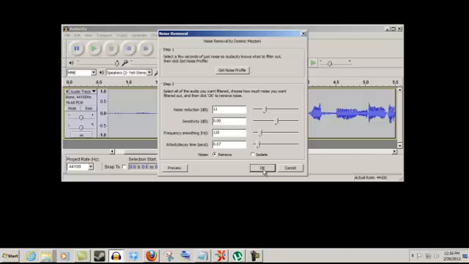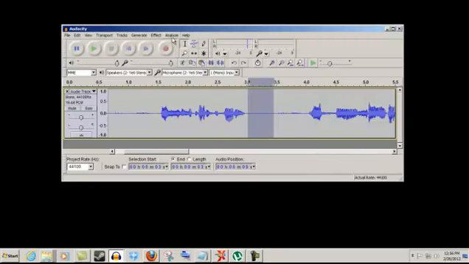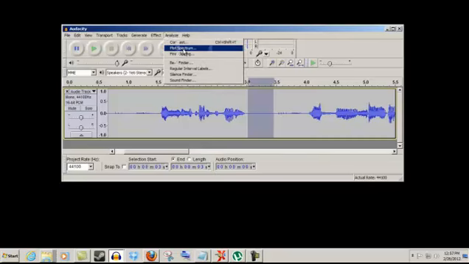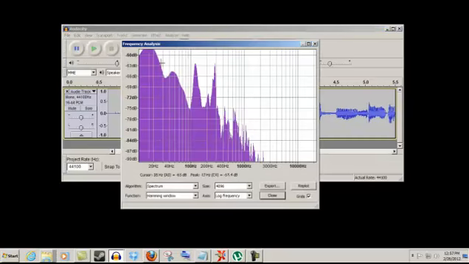And using our ears is not always the best, because I always amplify my tracks a little bit afterwards. So it's always been a guess for me until someone in LibriVox clued me in on how to do this. Watch. If you use Analyze, Plot Spectrum, the spectrum here will show you how silent or